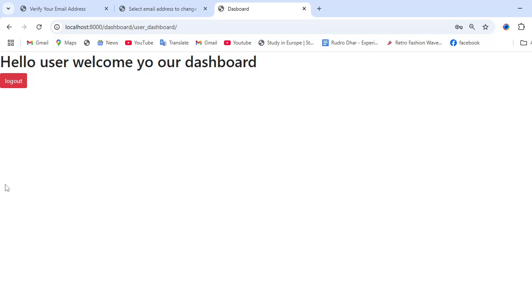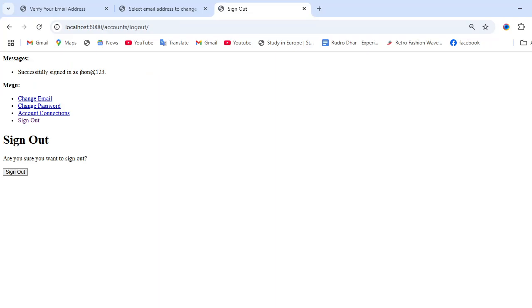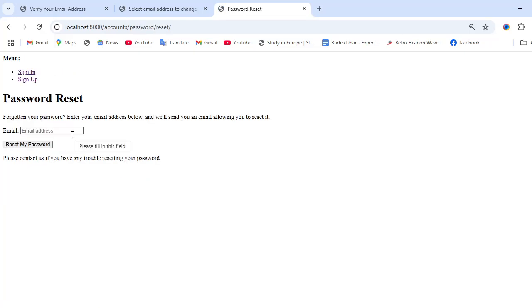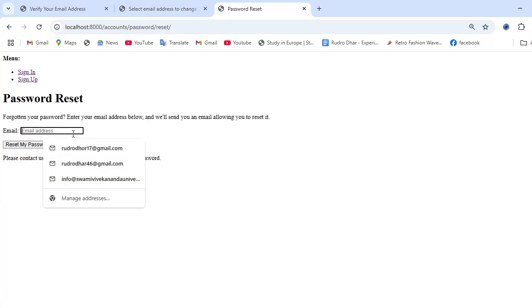That means after the login, if the password is wrong, it will give us a message, and if the password is right, login successful, then it will redirect to the dashboard. And if I click on the logout, it will sign out, and it will give us the confirmation message and confirmation page. And if I click the sign out, successful. Okay, and if I click on the forgot password, see, it will ask for the email address. And if I give the email address